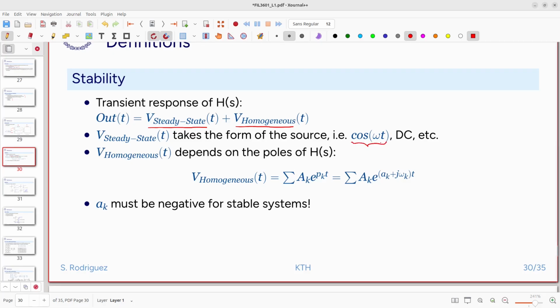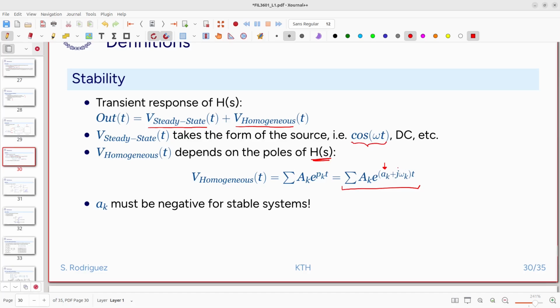And the steady state can be characterized using the Fourier transform. The homogeneous part will only depend on the poles of the transfer function, and that part of the transient takes the following form, in which there are some exponentials, and then